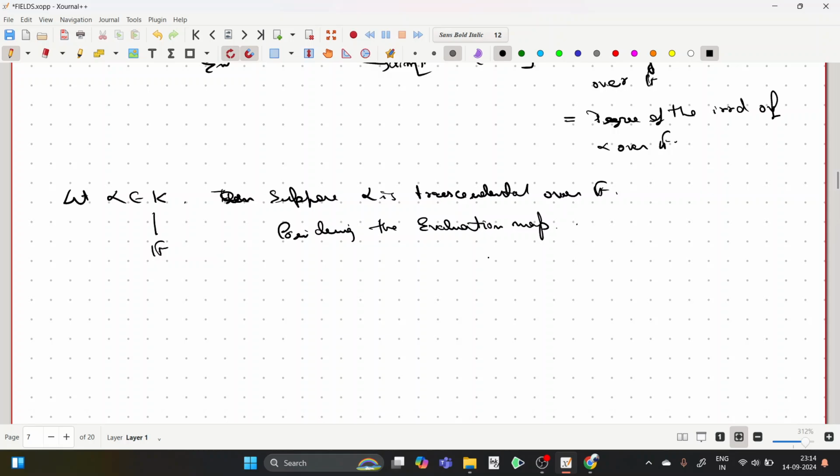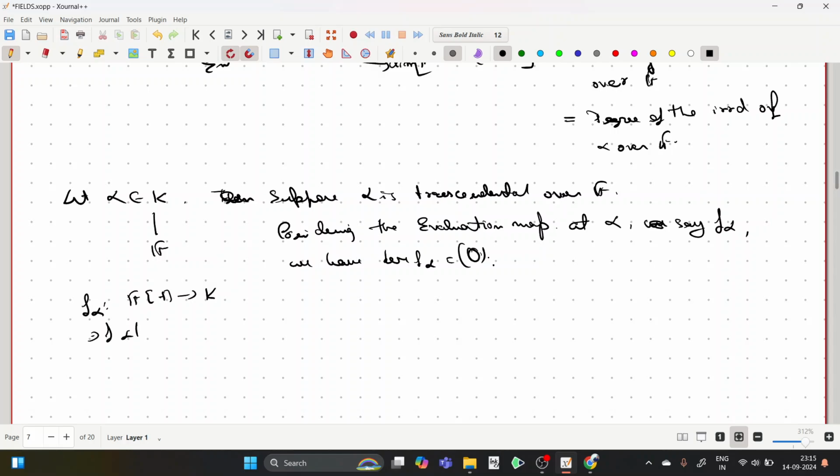I consider the evaluation map at alpha, so the obvious notation, f of alpha, we have the kernel of f of alpha to be 0, right? How is f of alpha getting mapped? It maps f of t to k, such that for any g of t it will eventually be g of alpha. But I know that alpha is transcendental over K, so the kernel of this map should